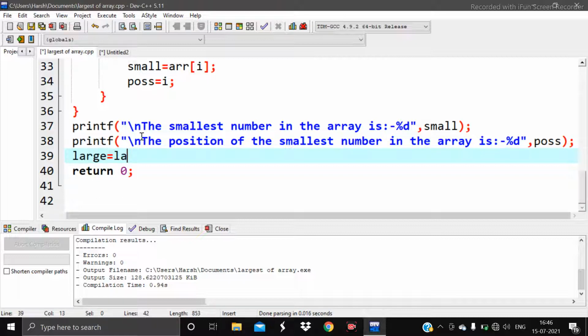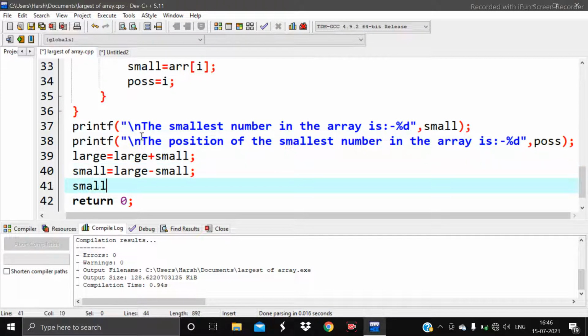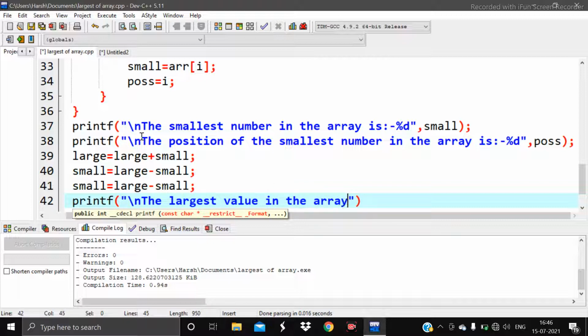Large is equal to large plus small. Okay, and then small will be equal to large minus small. Okay, and then large will again be equal to large minus small. Okay, so at last you can write printf \n, the largest value in the array is %d, and that value is the variable large.